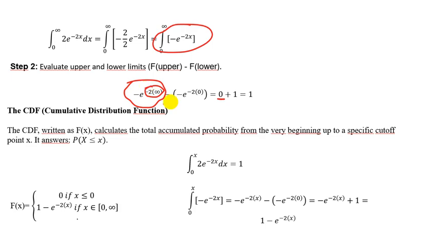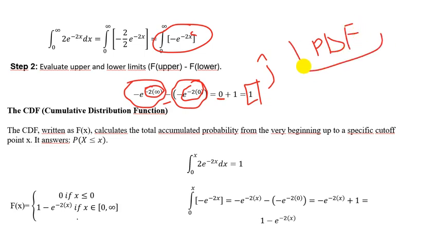Minus, and when we replace x by 0, it becomes 1. This is 1, so it is minus 1. Minus minus 1 becomes plus 1. We get 1. So this is how we prove that our function is a PDF, or a probability density